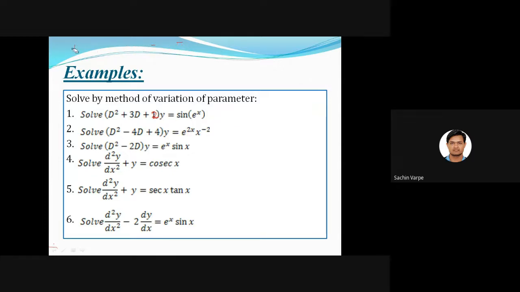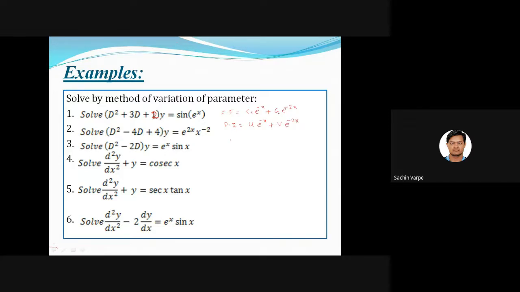So with these two roots, we can write the complementary function to be c1 e to the power minus x plus c2 e to the power minus 2x, right? As the numbers are 1 and 2, so the roots are -1 and -2. So with this complementary function, our particular integral is u e to the power minus x plus v e to the power minus 2x,